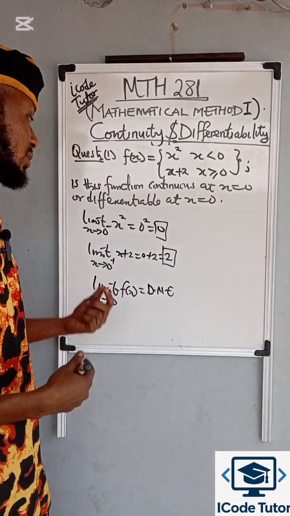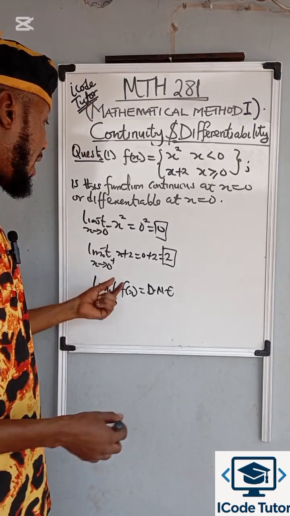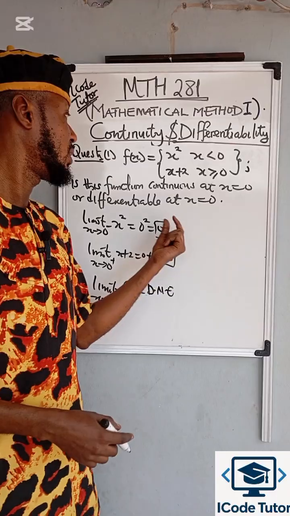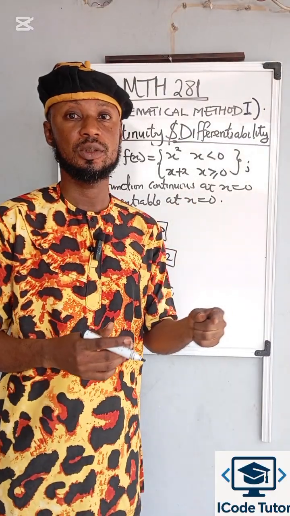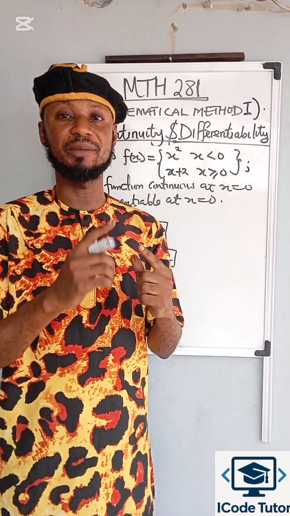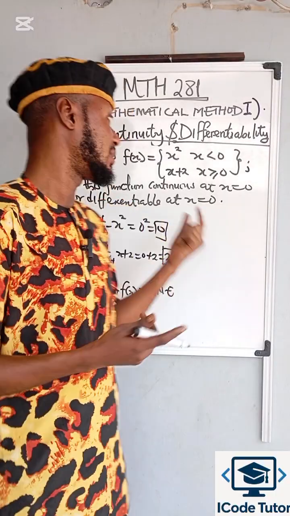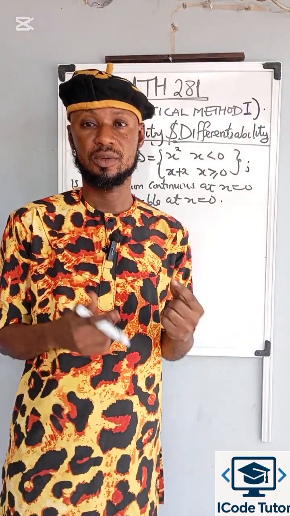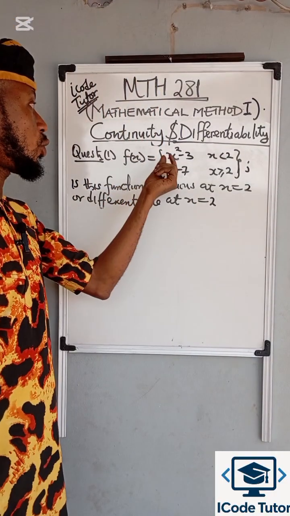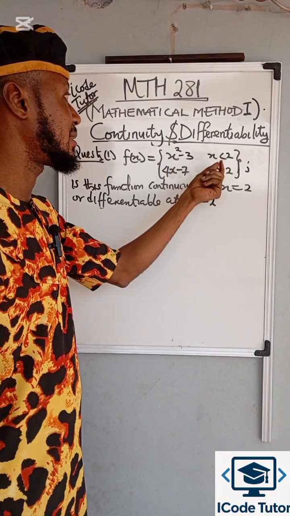And once you have a discontinuous function, automatically the differentiable part will also be not differentiable, because continuity at times determines the differentiability of a function. Second example, we have a function of x squared minus 3 as x tends to less than 2,